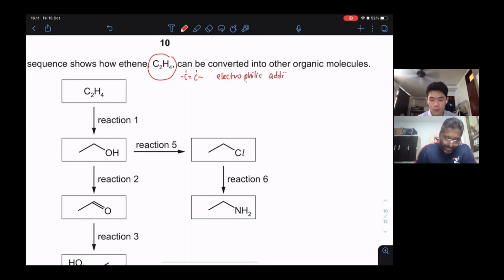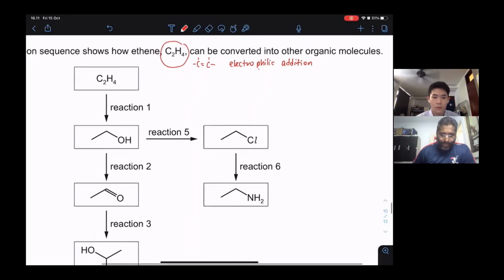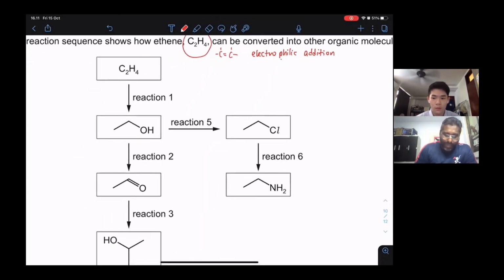There are so many reactions that will come under electrophilic addition. If you're talking about saturated hydrocarbons, alkanes, then we are talking about free radical substitution reaction. So this one is electrophilic addition. If you look here, when you have a carbon double bond and suddenly,